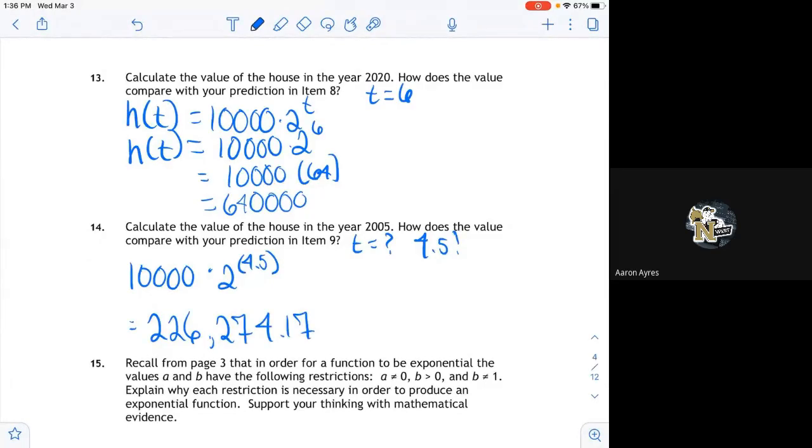Excellent. We're going to skip 15 for a minute, but remind me, we need to come back and discuss that. That's important stuff. I just want to start talking about the next section here for a few minutes, and maybe get through a little bit of that preliminary work. Then when we come back on Friday, we can dive right into the exponential stuff. And then Friday, we'll have a little bit more interactivity.